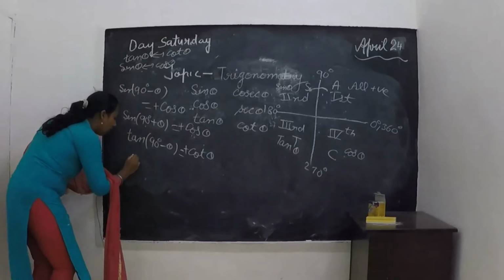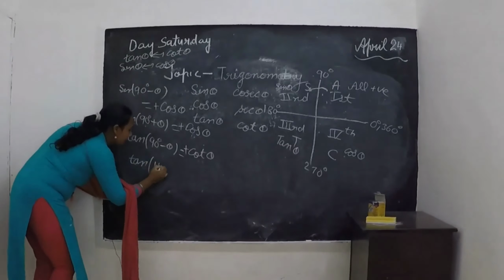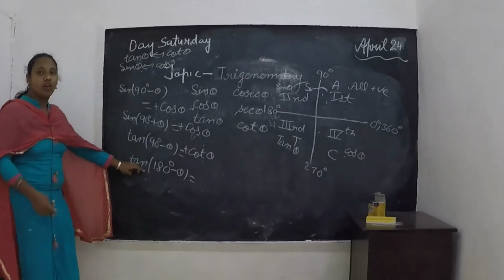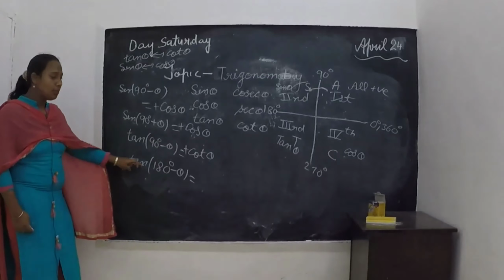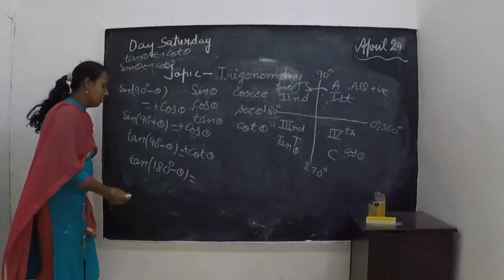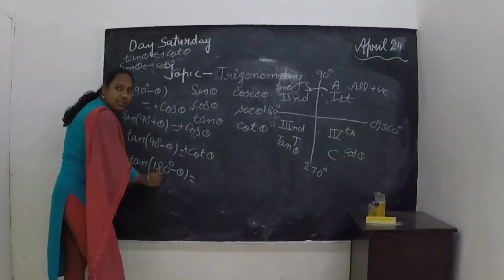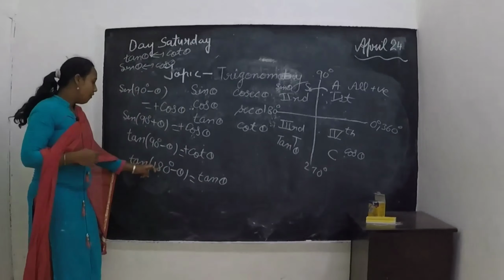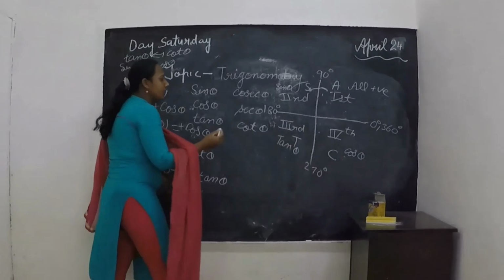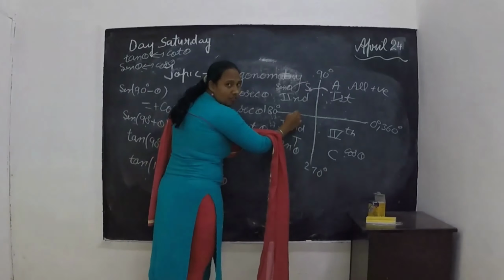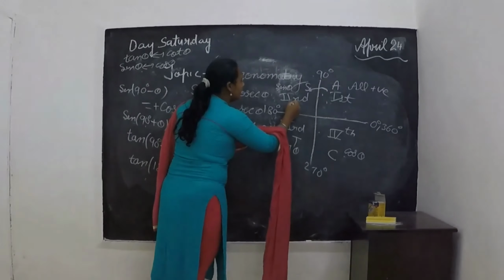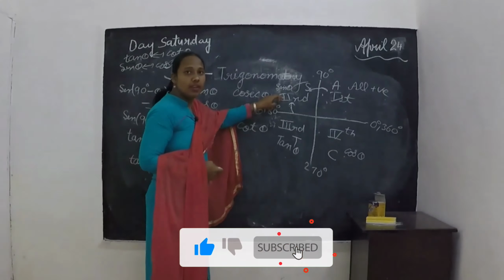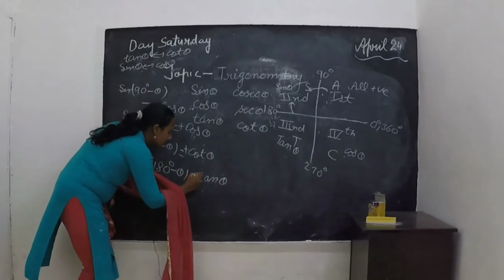Now we will check the value of tan 180 degree minus theta. Now you have to learn one thing. 180 degree or 360 means tan theta remains same. Because here is 180 degree, tan theta will be same, tan theta. Now we will check the sign of 180 degree minus theta. 180 degree is here. Something is subtracted from 180 degree. 180 degree minus theta means second quadrant. In second quadrant, sine and cosecant are positive and tan will be negative. So this is minus tan theta.